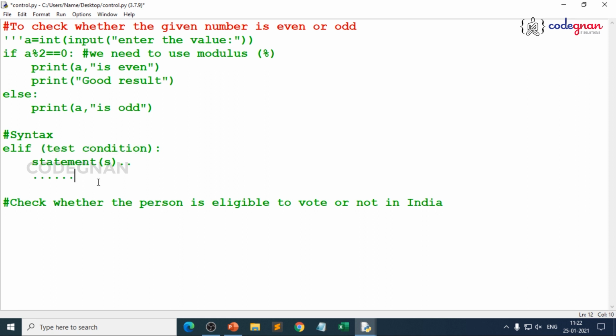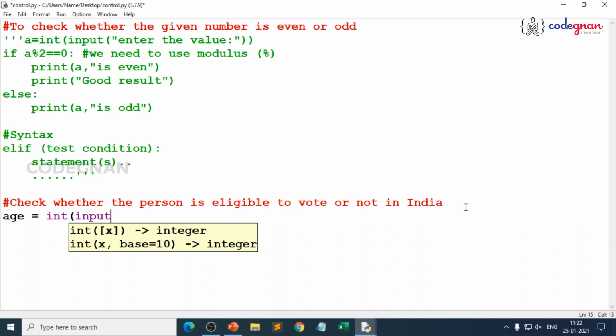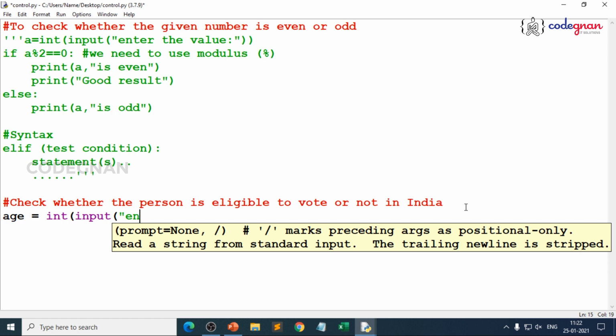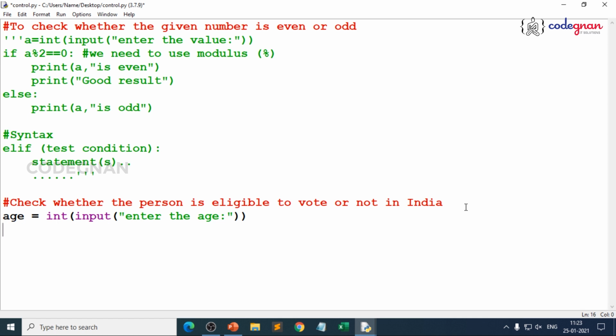If you wanted to end it, just end triple quotes here. Then automatically you can write your program. So now let's take input from user. I take age is equal to int of input of "enter the age". I want to take input from user. There you go. Once you execute it, it will start running and you can take input from user.